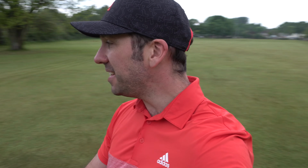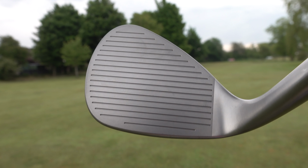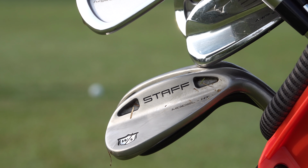And you join me at Flixton Golf Club, sneaky good course, I like it here. It feels like a big garden. And I'm here to test out something. So you might recognise this wedge, it's a PM grind Callaway. No it's not. It's a high toe TaylorMade. No it's not. It's a Wilson Staff Model HT, Model High Toe. And we're going to be looking at this wedge today to see if it can perform anywhere near what it's